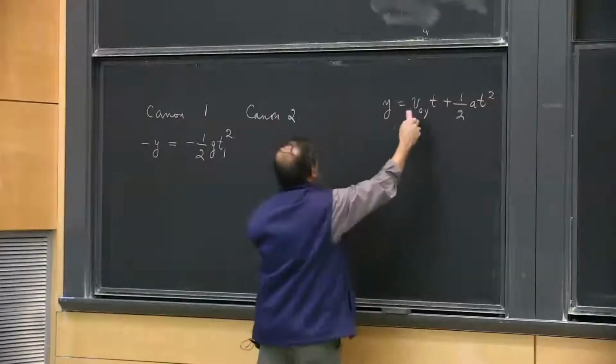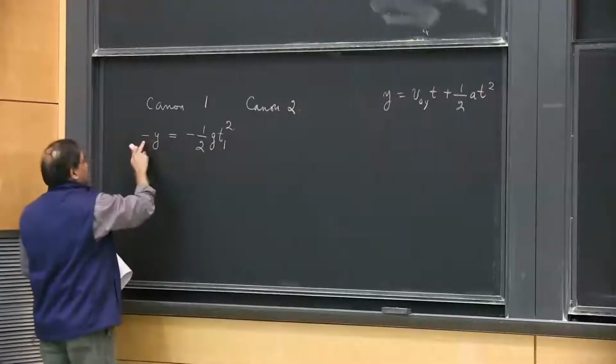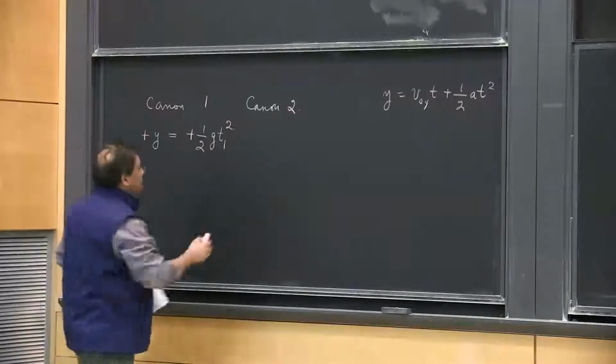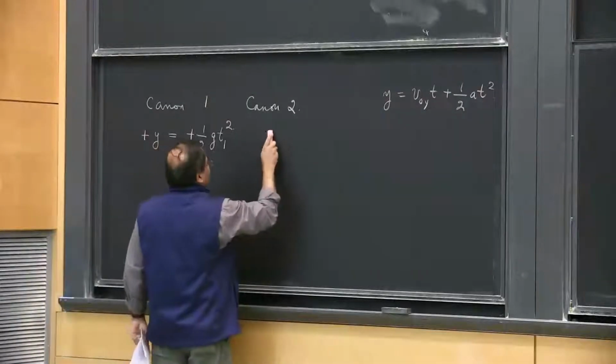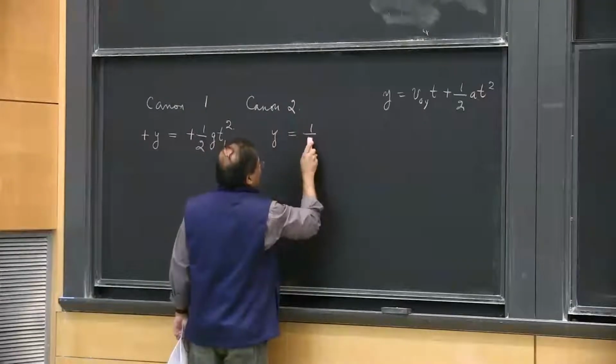So here this term is 0, so therefore I should be able to write this. I can get rid of the minus signs. If I have minus signs on both sides, I can divide by minus 1 and make them plus. For cannon 2, on the other hand, once again, the height it comes down is also y, and it's 1/2